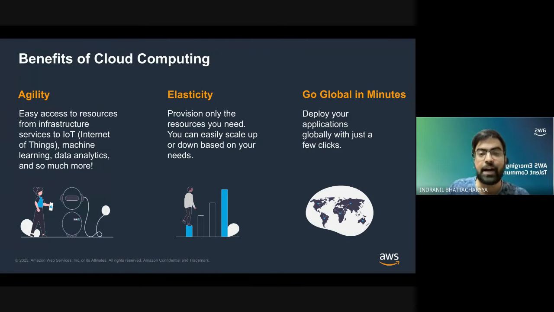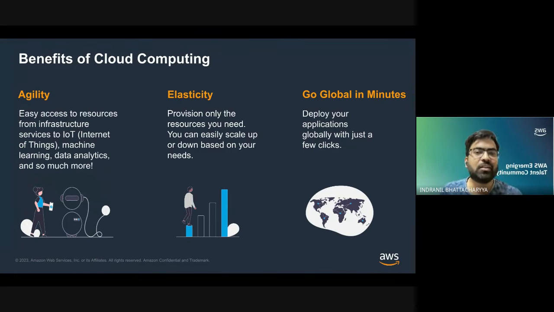Now at 5,000 customers are coming to your platform daily. So if you have allocated a set amount of resources, keeping 100 customers in mind, then this 5,000 customer will break your system, right? So you need to quickly scale up at that time so that your customer can keep on using your